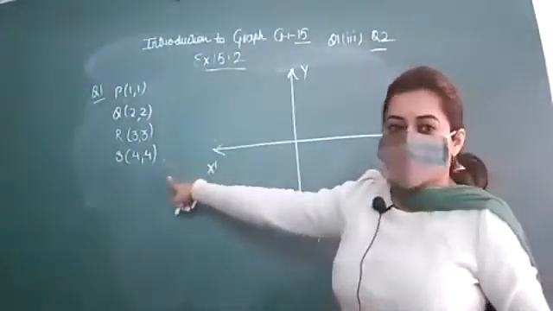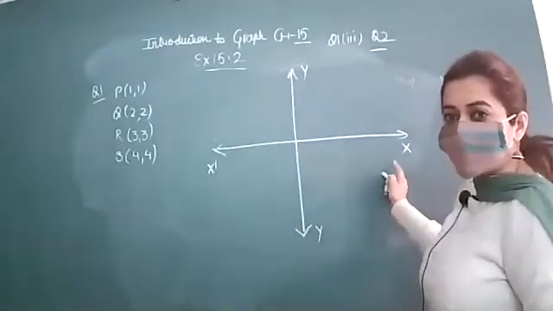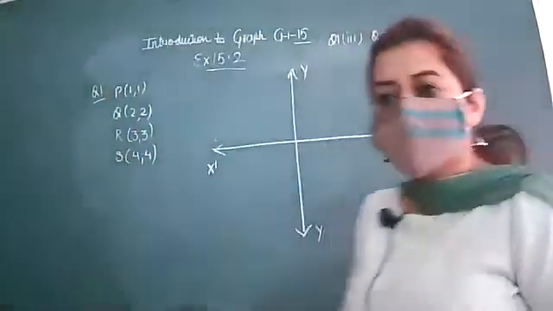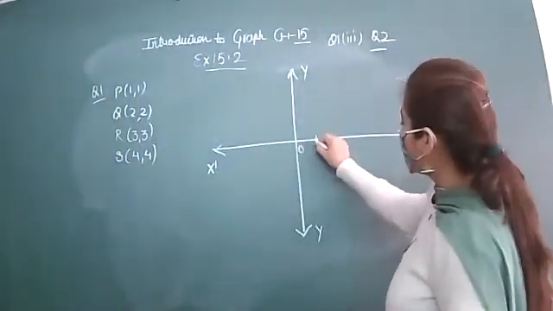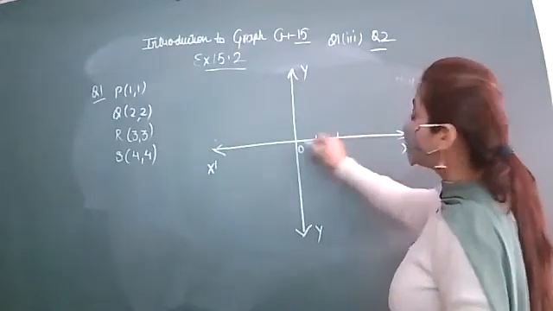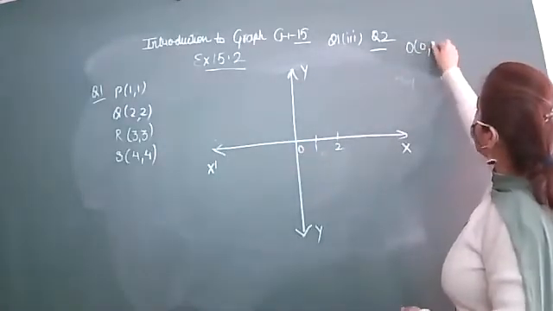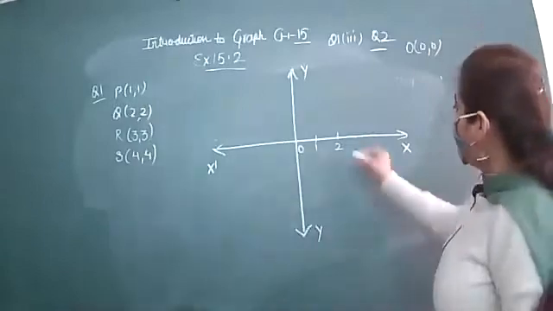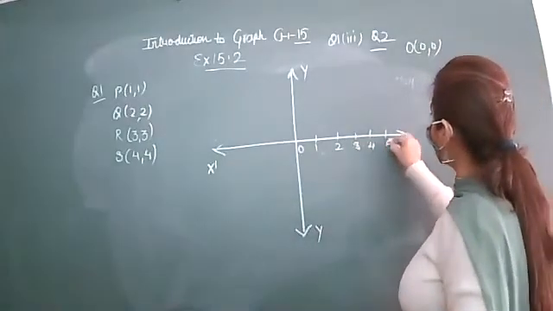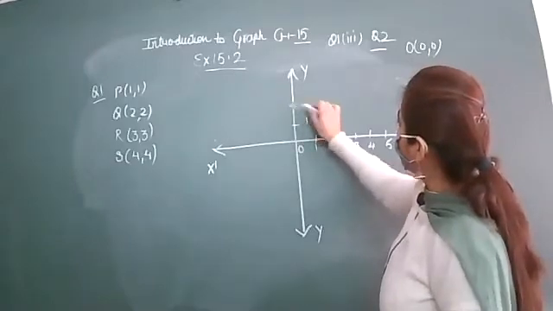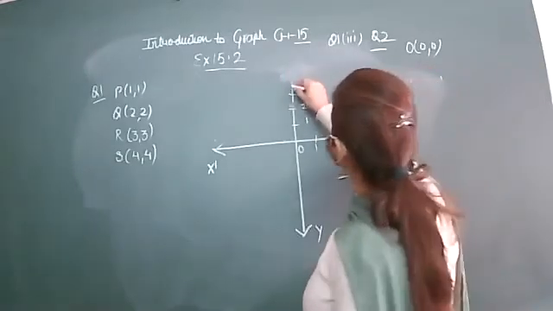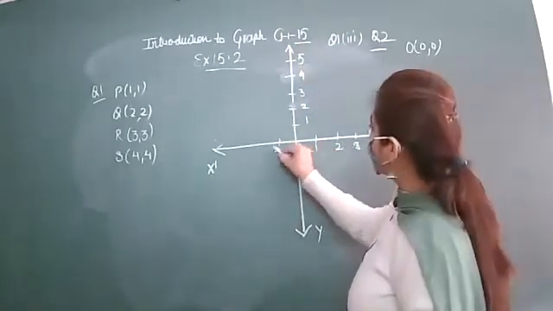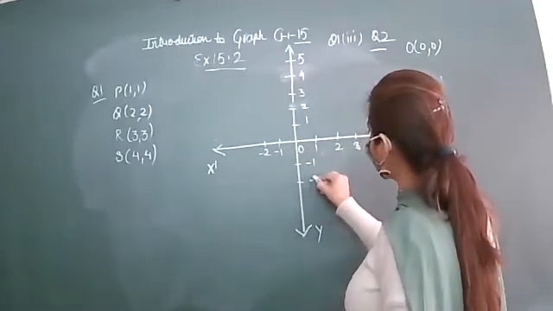Second part, I have written the question here. We have drawn the coordinate axis, x, x dash, y, y dash, and the point of intersection of these is called your origin. On the positive side of 0 is 1. Guess what are the coordinates of this origin? Origin is (0, 0). X be 0, y be 0. So this is your 1, 2, 3, 4, 5. On the negative side, -1, -2 are there.